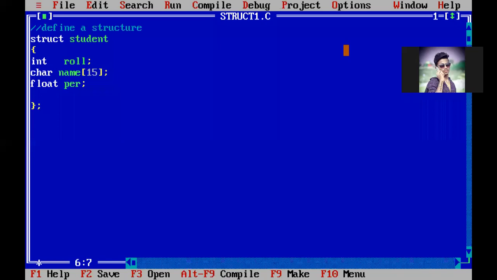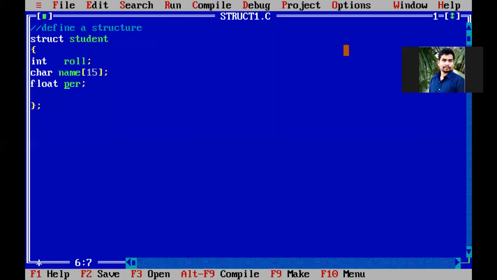If all of them are the same type, we don't create any structure, we will simply go with the array. But that is not the case. All these three, roll number, name, and percentage, are of different data types. So there is no option at all. We don't even think about array. We must and should use the structure. So we defined a structure. What structure? Student structure. That student structure contains roll number, name, percentage under a single unit, because we opened the brace and closed the brace, and in between we created one single unit. That single unit name we gave as student. Now student contains roll number, name, and percentage.